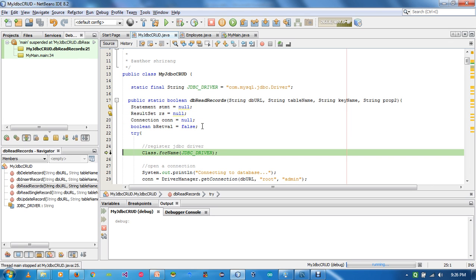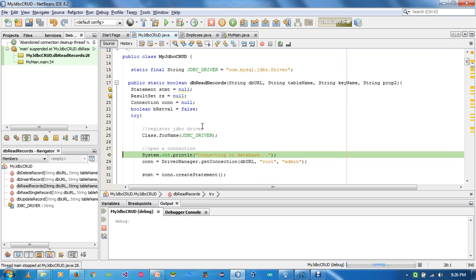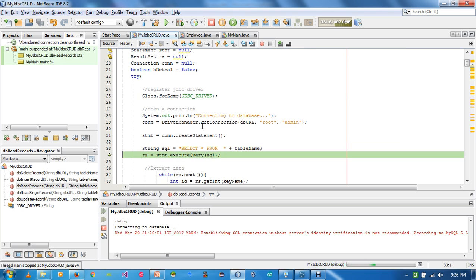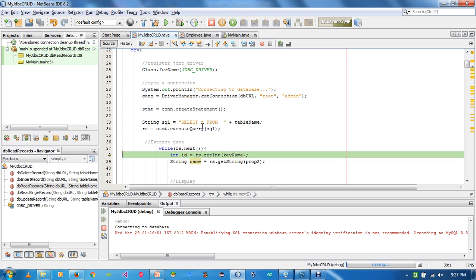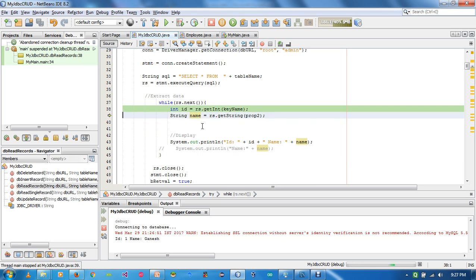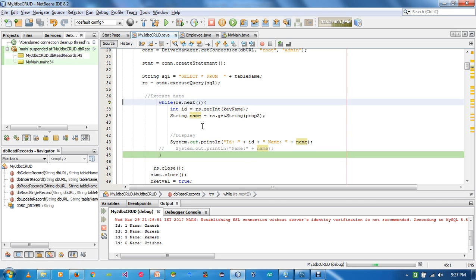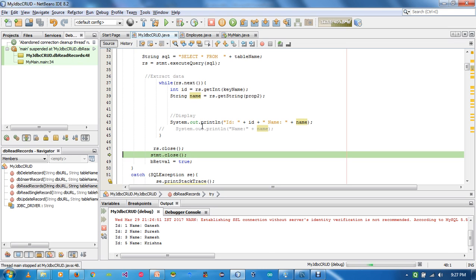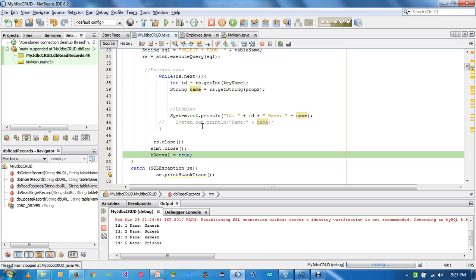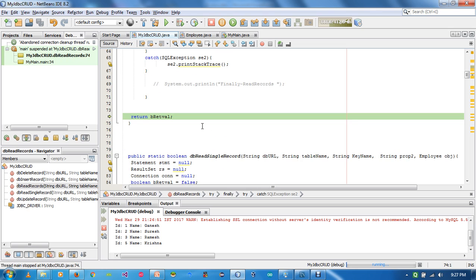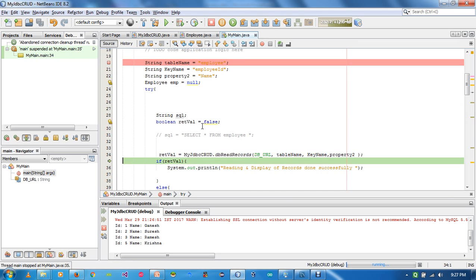I have already explained the steps. The first step is to register a driver, then open a connection, then create a statement, then create an SQL query, then execute it, and once that is done it will iterate in the loop. You can see it's iterating in the loop, and the names are getting printed down below. Then I will close the result set, then close the statement, then it will return true, that means things are done, otherwise it would have gone into exception. Then it returns the ret value as true, otherwise by default it is false. So that way the first thing is done.